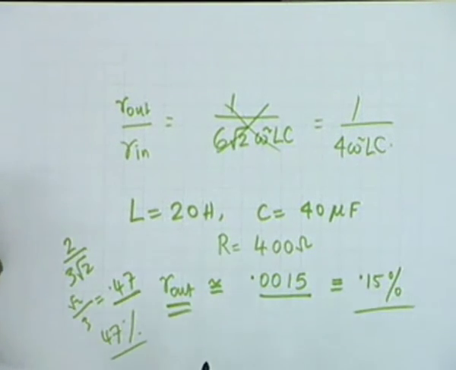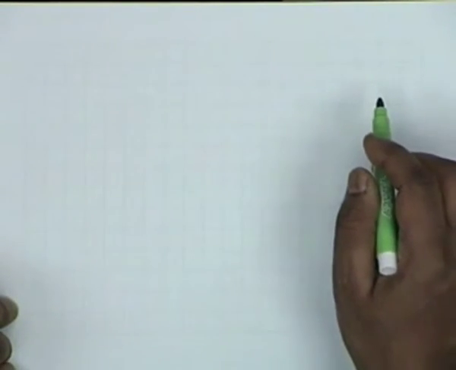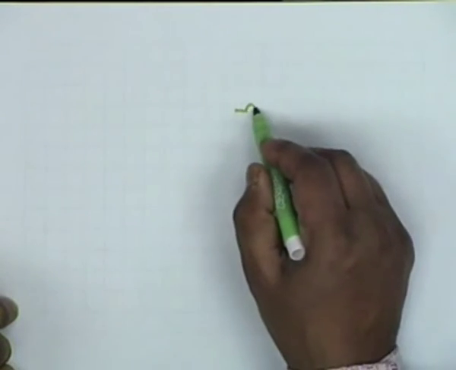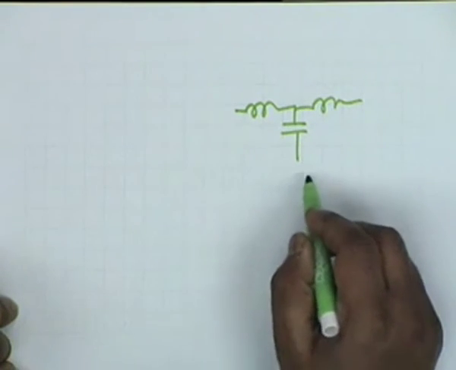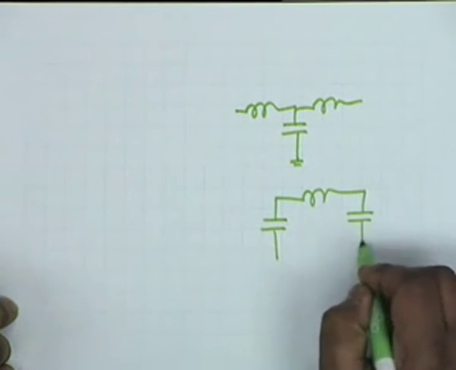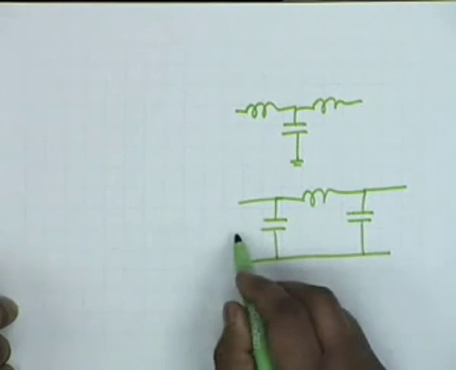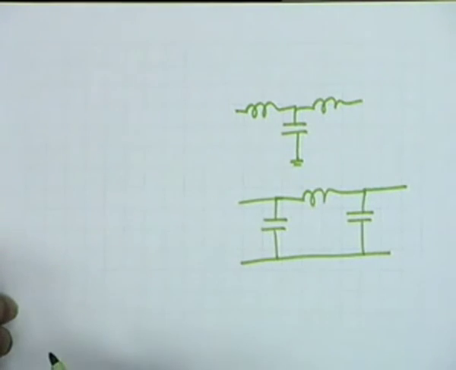So this is one example of filter. There are many other kinds of filter. I have told you that instead of an L filter, one could use a T, for example 2 inductors and 1 capacitor. This does look like a T. Or one could use a pi. This looks like a pi. The left hand side is the rectifier, the right hand side is the load, and all of them act as low pass filters to reduce the harmonic components present in the output.